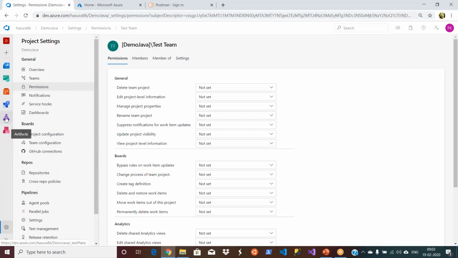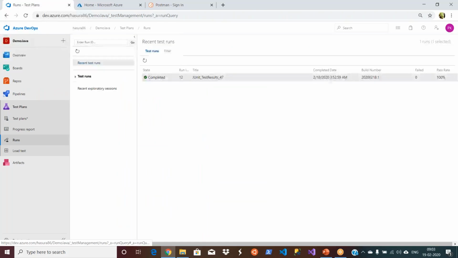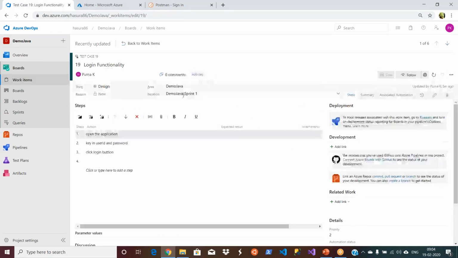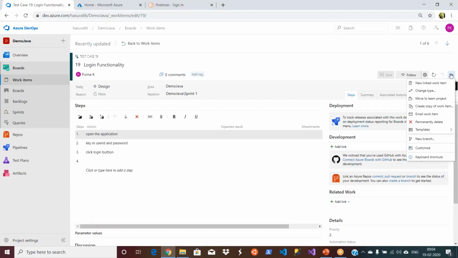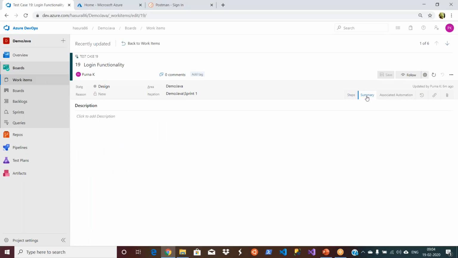Okay, let's go to test plans. So let me go to our work items. Just give me a second, guys. I just want to show one thing here. You will get an option called exploratory testing, which I don't see. There is some place that you will get it.